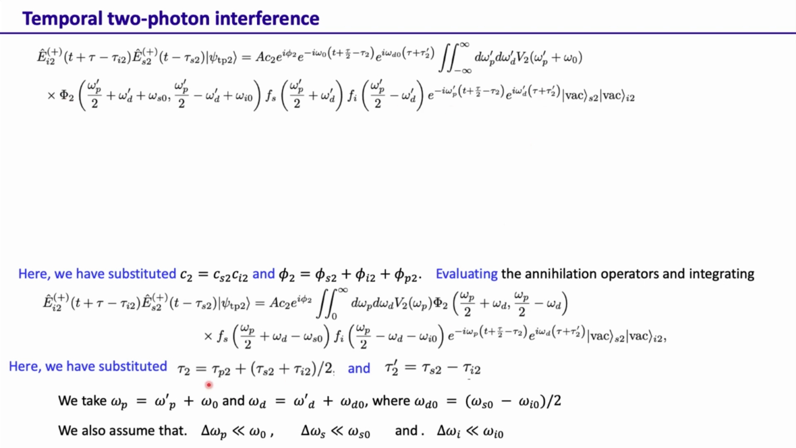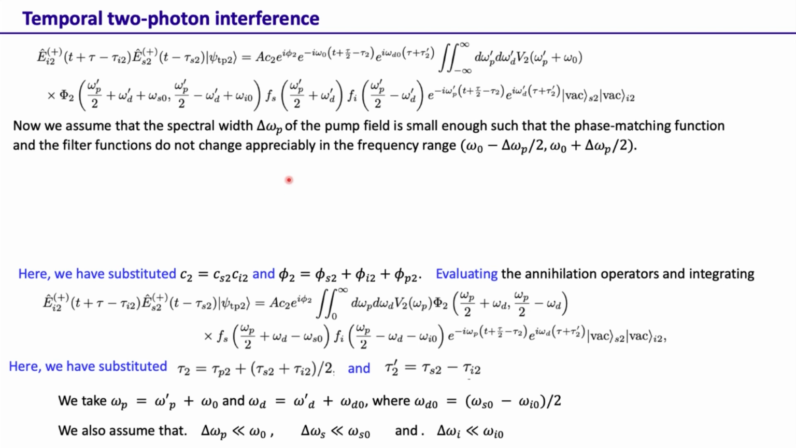And since we have assumed that the frequency bandwidths are much smaller than the central frequencies, we are changing these integrals, which are from 0 to infinity, to now be from minus infinity to infinity. This is just by doing a change of variables. Okay, now we assume that the